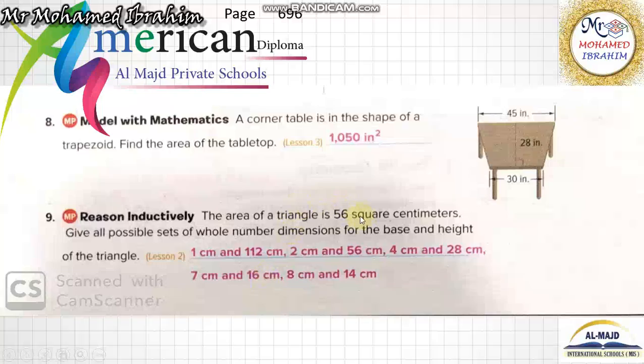If you have here 56, the area of any triangle, you know we find the area of any triangle how? Yes, half base length times the height. Ask yourself about what are the numbers multiplied